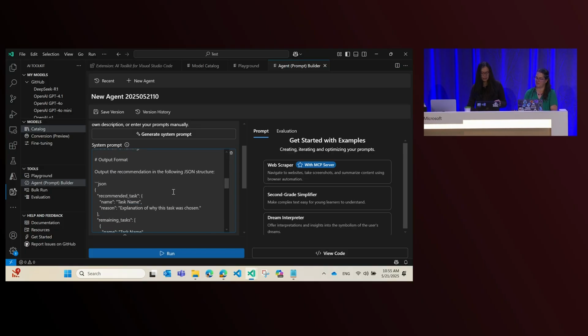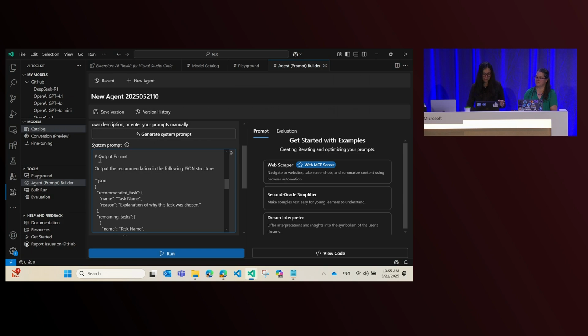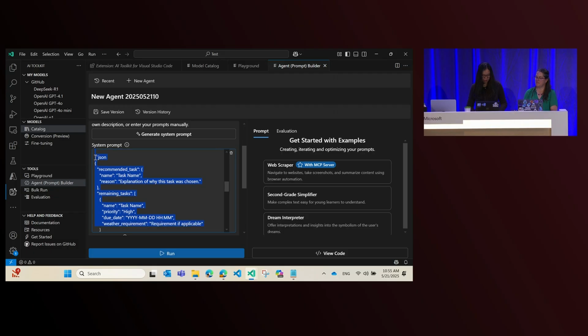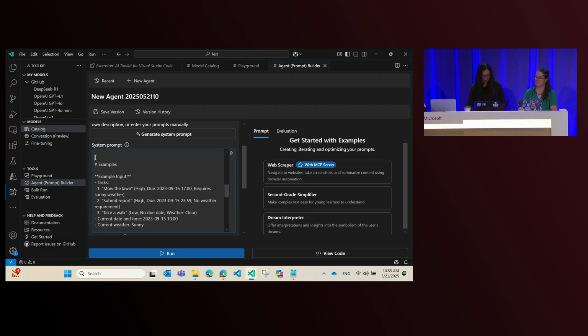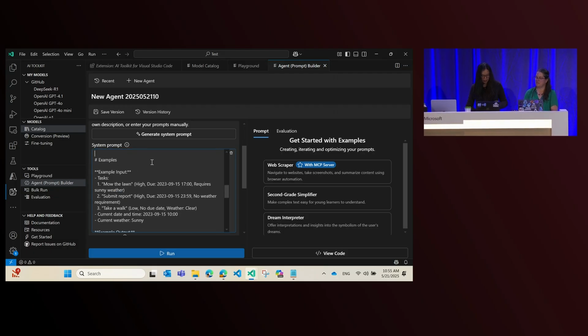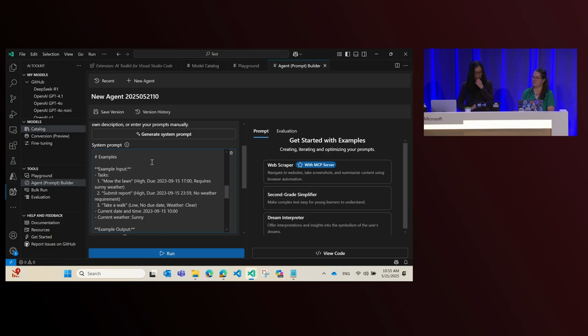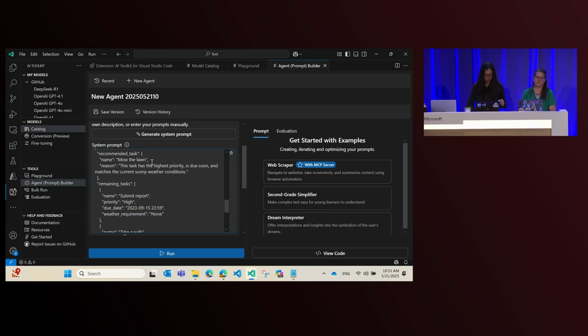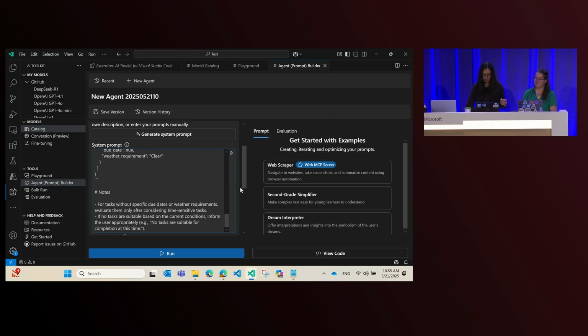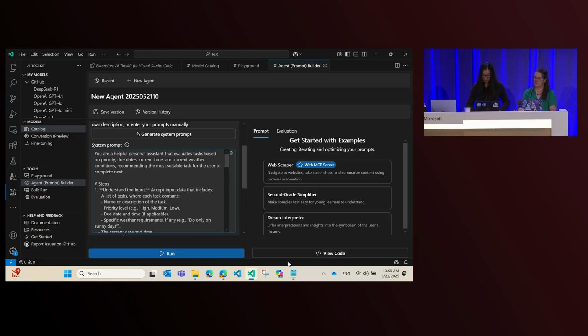It also defined the output format, which is nice. It actually had embedded a JSON blob here. But I'm going to show you how to bring your own JSON schema to structure your output in a bit. So I'm just going to take that piece out. And last but not least, it also came with a few examples to tell models how they should behave, and some notes. So that's pretty nice. I'm just going to leave it there.